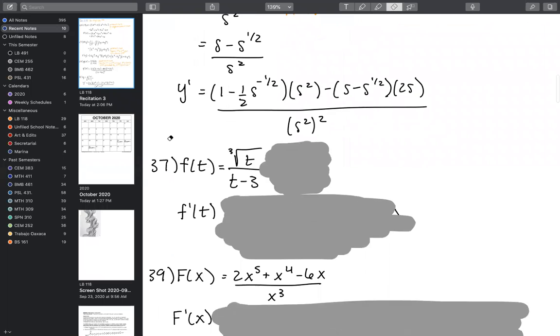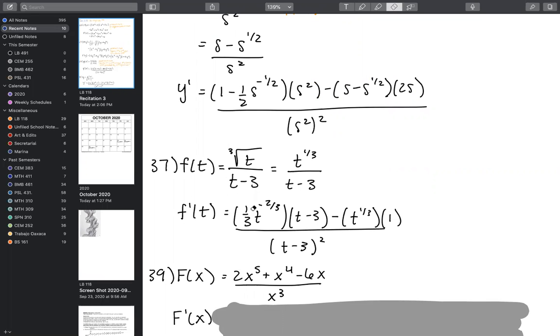No? Okay, another example. Since this is not the square root, it's a cube root, it's going to be the 1/3 power. You're going to go about it exactly the same as we did the last one. Derivative of the first, we're going to drop the 1/3, and then 1/3 minus 1 is -2/3 times the second minus the first times the derivative of the second over the second squared. I do want to mention that some students have difficulty with